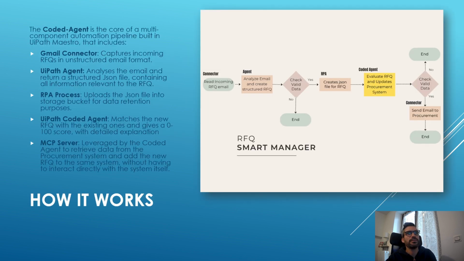The coded agent is the core of a multi-component automation pipeline built in UiPath Maestro that also includes a Gmail connector that captures incoming RFQs in a structured email format, a UiPath agent built with Agent Builder that analyzes that email and returns a structured JSON file containing all the information relevant to the RFQ, an RPA process that uploads the JSON file into the storage bucket for data retention purposes, a UiPath Coded Agent that matches the new RFQ